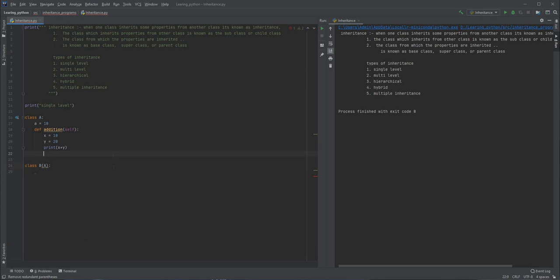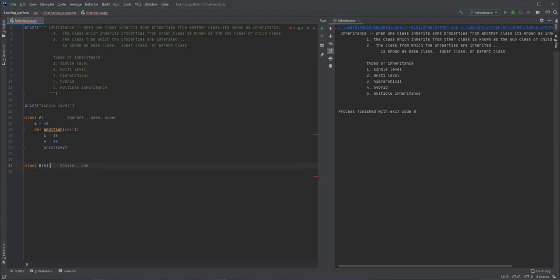Now class B is the child class, also called the subclass. Class A has become the parent class, or the base class from which it is inheriting, or sometimes also called superclass.